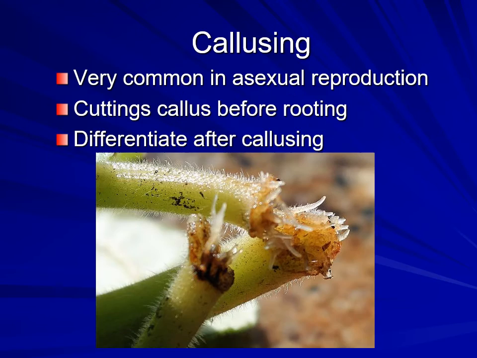If we look a little closer at, say, an African violet cutting, you can see that in the center of the cutting, there's a lump. And it's starting to organize itself into roots here, right? But before it roots, it lumps. If you look at the stem, it sort of flares out at the end. In the greenhouse, when you take a cutting, you can tell if your cuttings are rooting well by just sliding your fingers along the stem. And you should be able to feel that the end of the cutting is starting to swell,